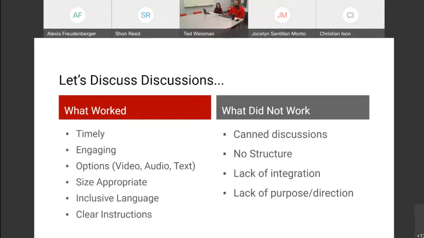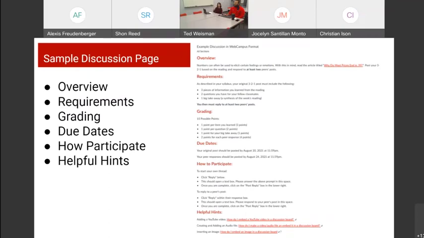So one of the things is developing a good discussion, right? How do we do that? What does that mean? If we develop a good discussion, some of those strategies that we just looked at will just happen naturally. So what you are seeing here is an overview of how you can set up your discussion in Canvas, which is providing an overview of what you want the students to do, being really specific about the requirements that you want them to do.